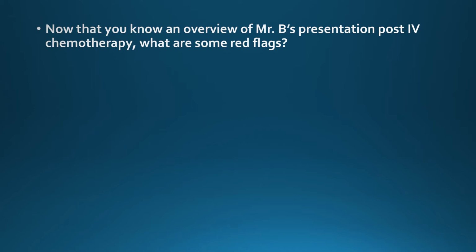A big one is he's having decreased urine output with dysuria, and he has a loss of appetite and is nauseous. He has an increased BUN and creatinine level, an increased uric acid level, hyperkalemia, hyperphosphatemia, and hypocalcemia. So his electrolytes are all off, so that would be a real danger to me as a